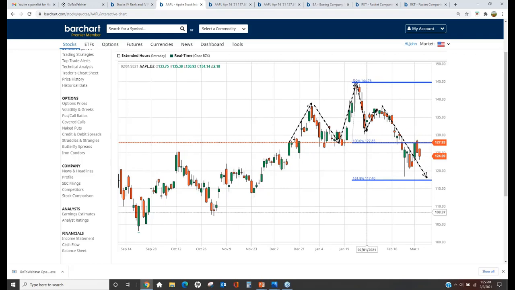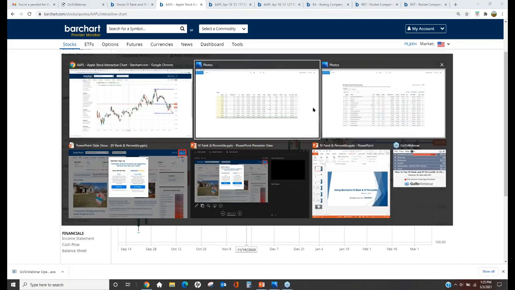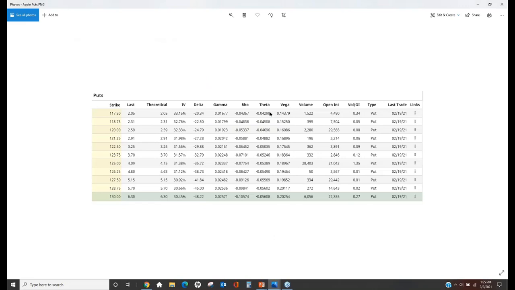All right, so let's go back to our puts here. And what I'm doing here is I'm thinking about doing a put spread, where I'm going to buy a put that is closer to in the money or at the money, right around that neckline, and I'm going to sell a put that's a little bit farther away. So you can see here the 127.50, and this is from Friday, is $5.15, and the 117.50 is $2.05. In other words, I'm going to put this debit spread on for about